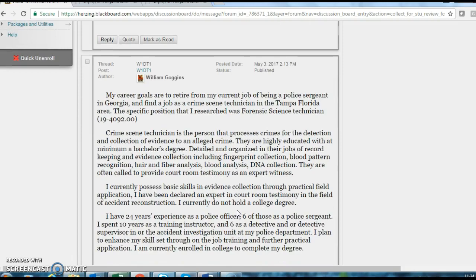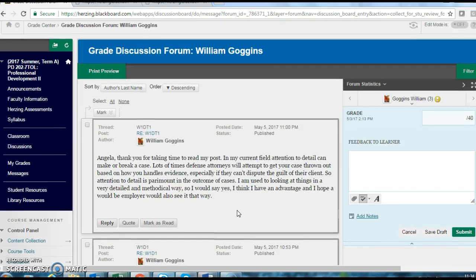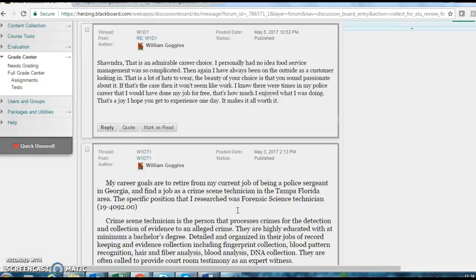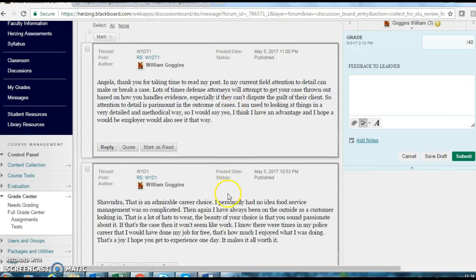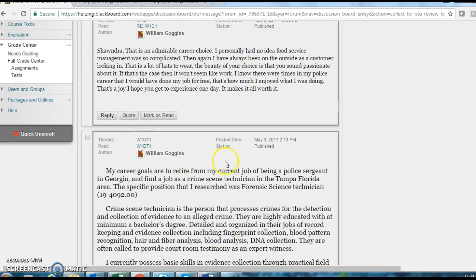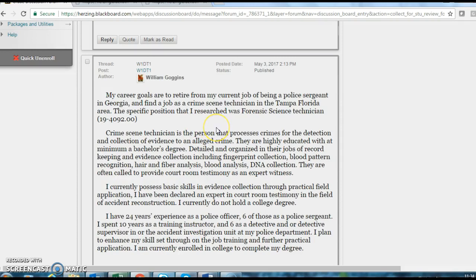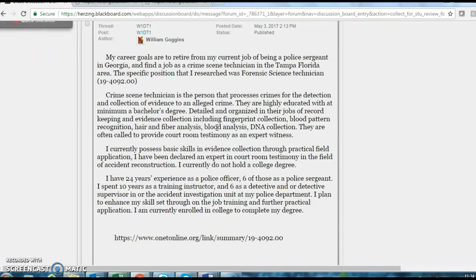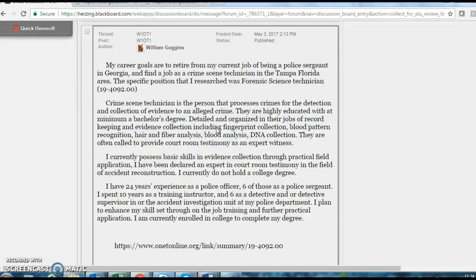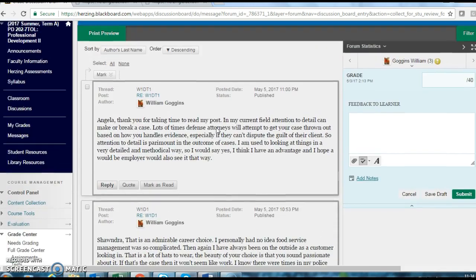Okay, so we will say that there's some spelling issues in these 2 posts and that the initial post was 2 days late. Okay, that's down here. It's from the bottom. It's the first post of the week and the later ones. Okay, so we look at that and then we go to our